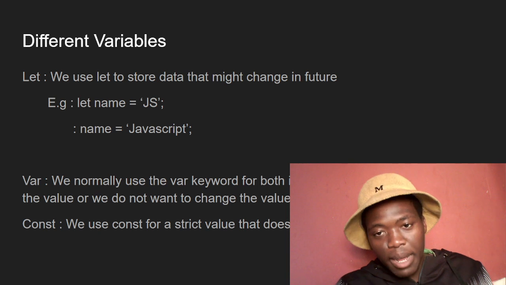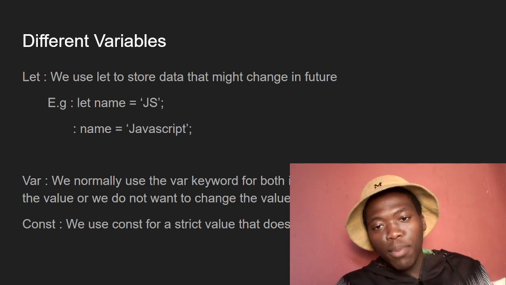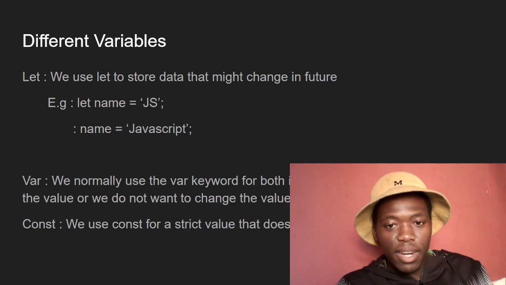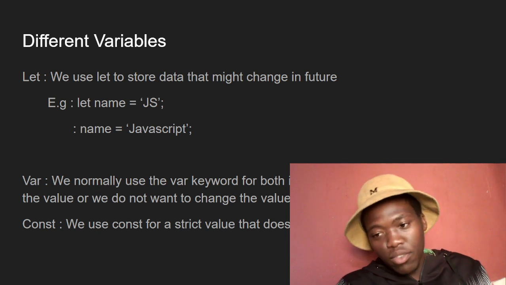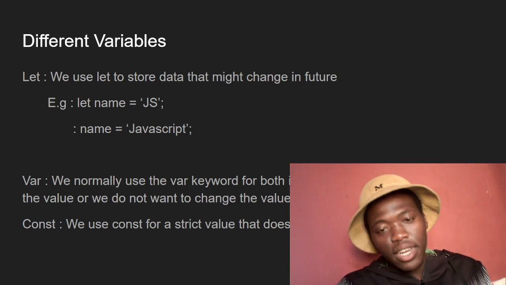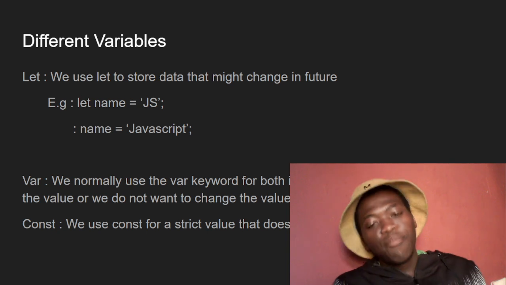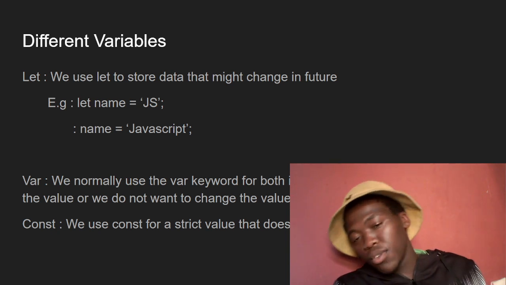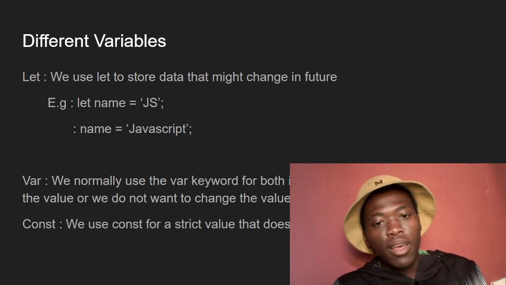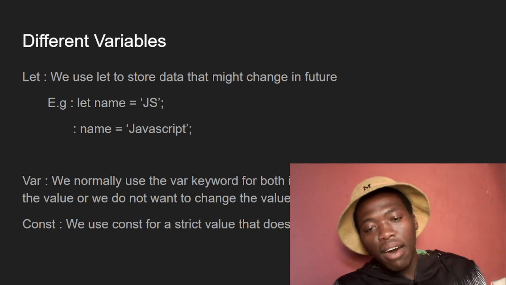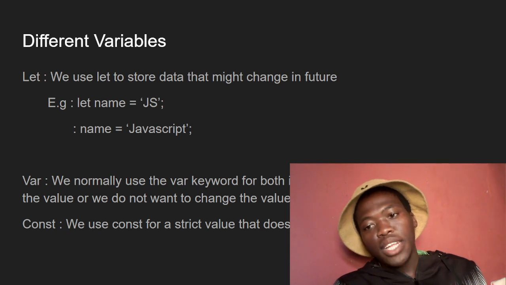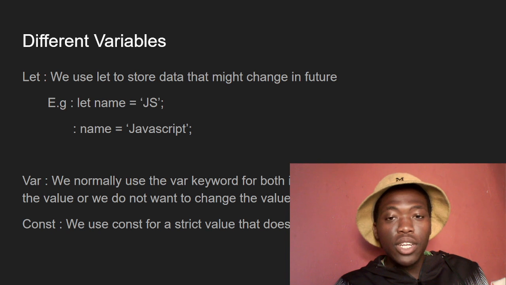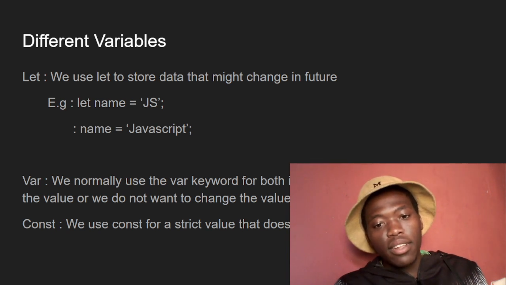So let's just recap for a bit. We learned about JavaScript variables, that we have different types of variables. We use the let keyword, the var keyword, or the const keyword, which are those three. We can use let to change or store data that might change in the future, and the var keyword works